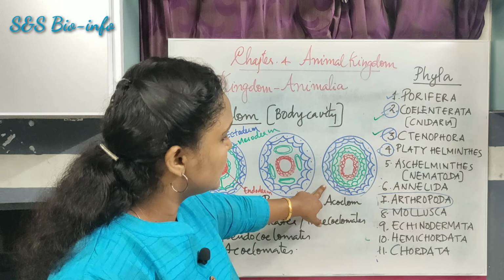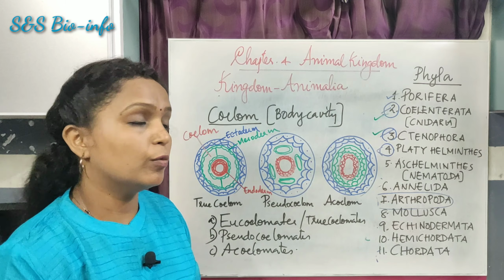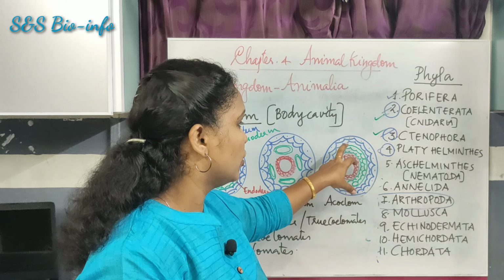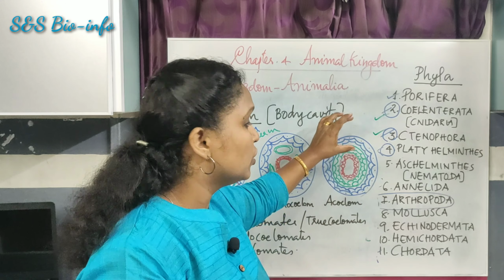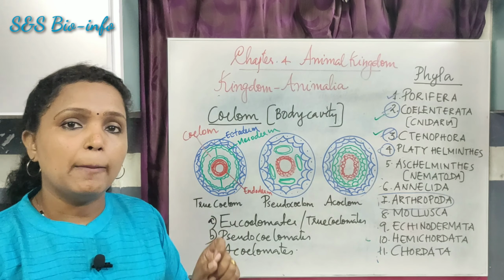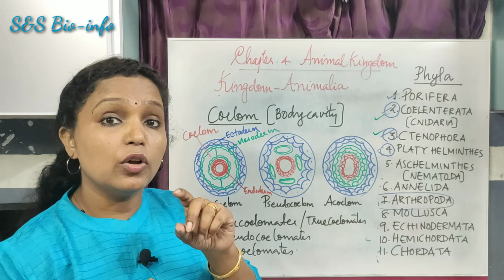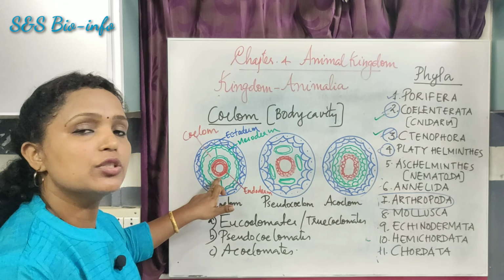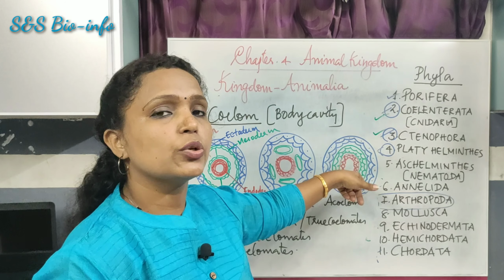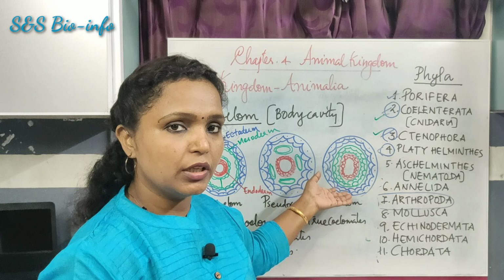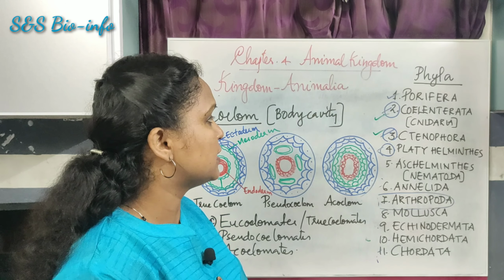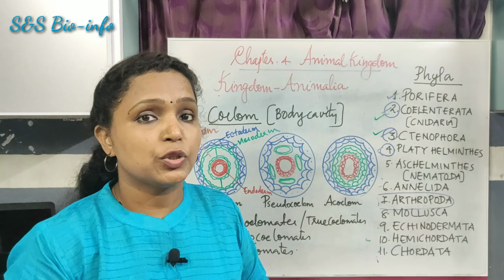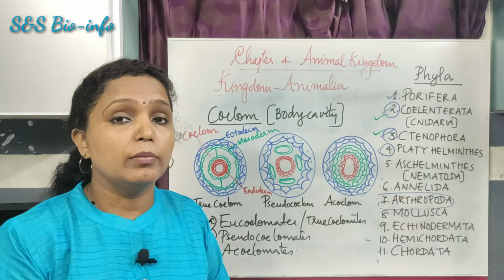The third category is acoelom, absence of coelom or body cavity. Here all are arranged together, the outer ectoderm, the mesoderm and the endoderm. So there is no cavity in between the mesoderm layer. That means a coelom must be lined by the mesoderm. A coelom is formed by the splitting of what? Mesoderm. So it does not happen here, so it lacks a true coelom. Such animals are acoelomates, from the phylum Porifera to the phylum Platyhelminthes. Animals lacking a true coelom are known as acoelomate animals.